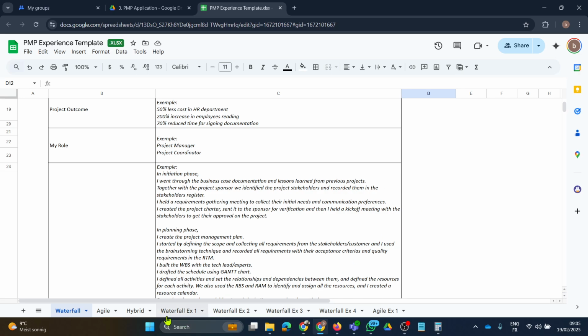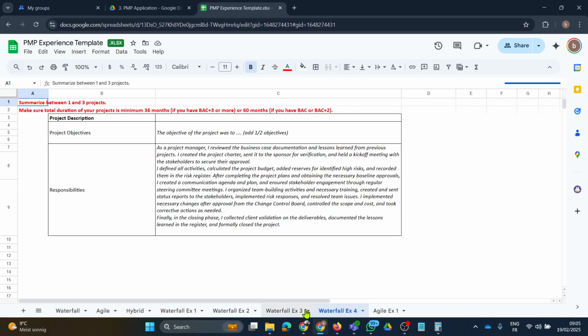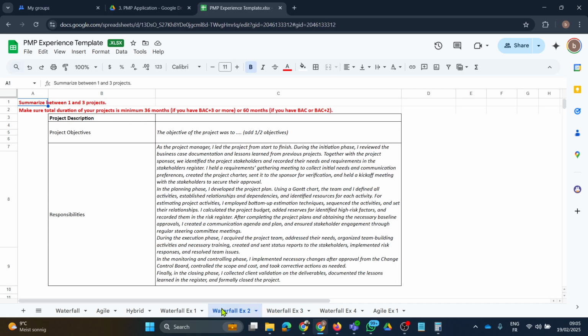All right. So we have created for you examples of waterfall, 4 examples of waterfall, like with prepared descriptions. By preparing these descriptions, we don't mean you should cheat. No, we're just making things easier for you. Because people, sometimes when they submit their PMP application, they describe technical tasks, okay? Like yesterday, somebody prepared their application and sent it to me, and they wrote a long application, but it was all of the technical tasks, like what they were doing technically. And I told them, PMI will reject this application